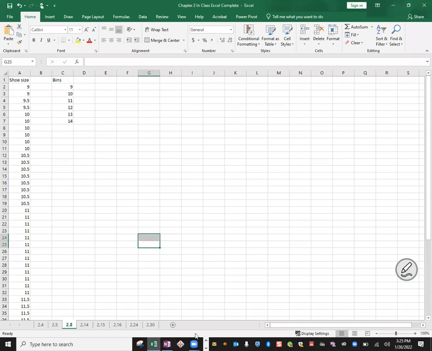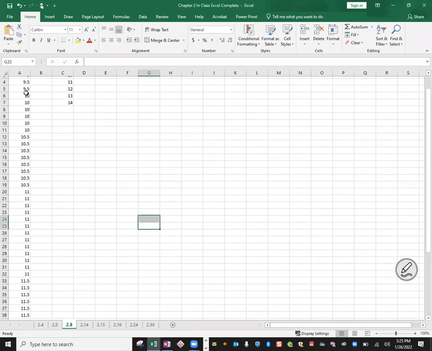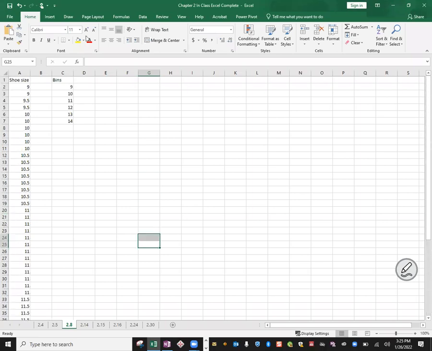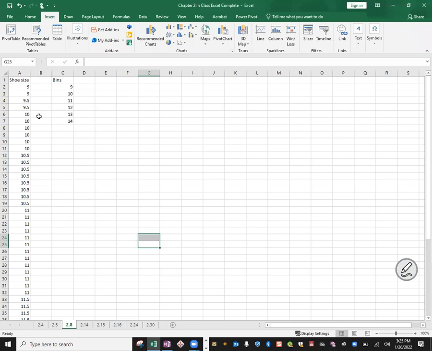So I've already done some pre-work in Excel. I typed all of our shoe sizes here, and we go up to 51. And so including the label, that's 50 values. So we didn't miss any. And we want 6 classes. We often call classes bins when we use Excel. So we want 6 classes. And so I chose 9, 10, 11, 12, 13, and 14 as our classes. And so these are going to be our midpoints for our